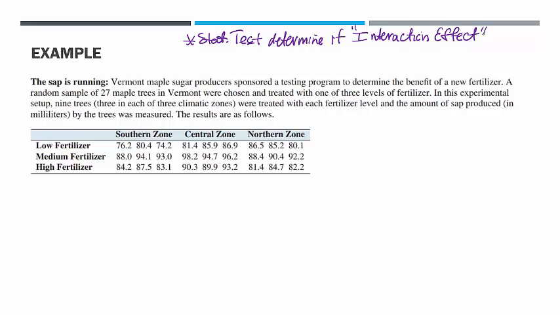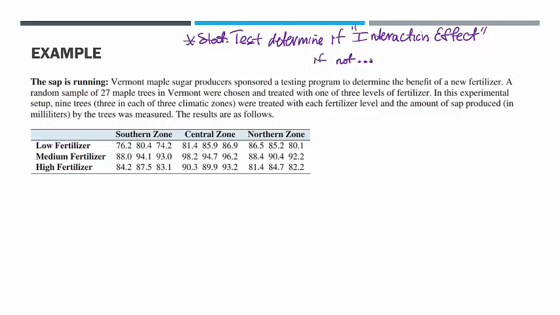In other words, whether there's some kind of interaction between, in this example, fertilizer level and climate zone that would stop us from separating those two factors. If the statistics tells us that there's not an interaction between those two variables,